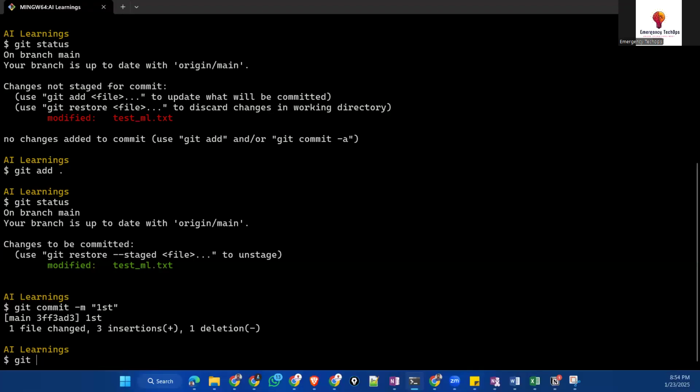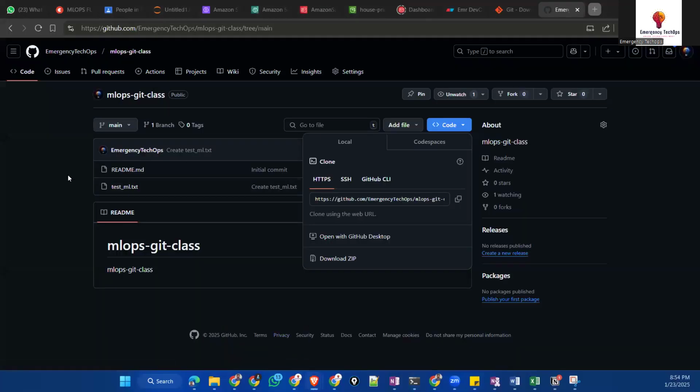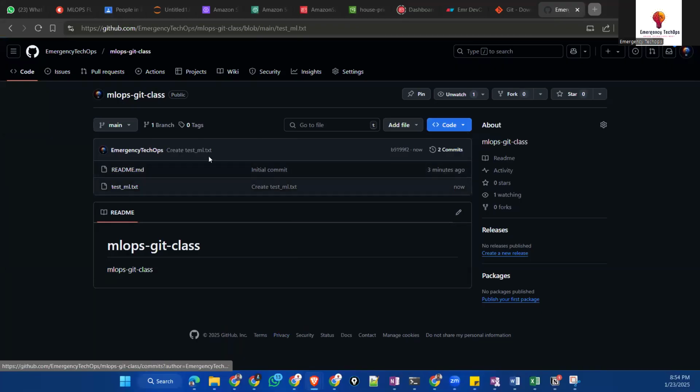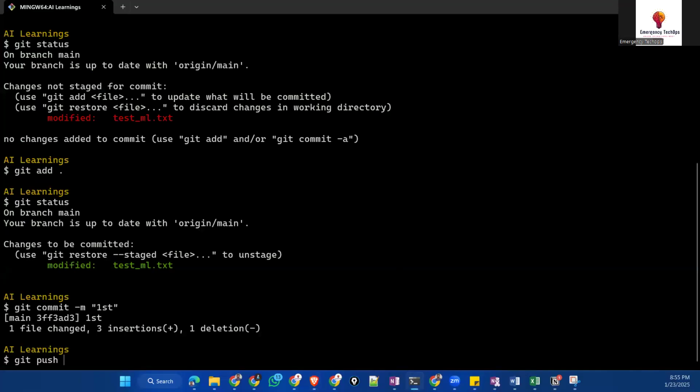The same thing I want to push to my remote repository on GitHub. So before that, if I come here and go to test.txt, you can't see the line which I have added in the terminal. But now I'll go and do a git push.